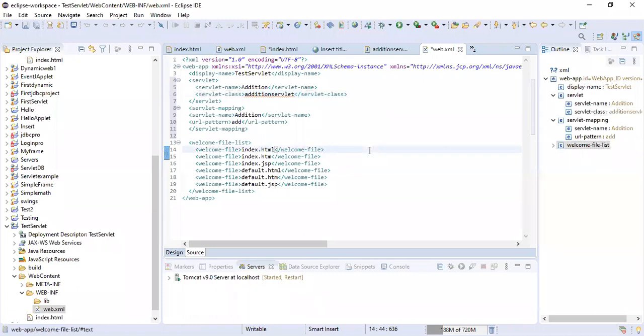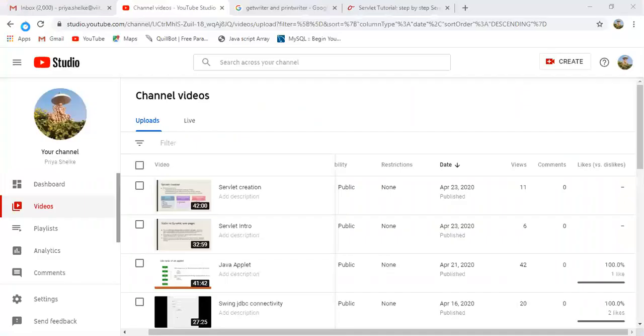I'll repeat this. Go to the web.xml file. Once you have done with the HTML file and once you have done with your servlet, now you have to configure your web.xml file. This web.xml file will contain the mappings. When you click the submit button, you want to go to add, but we have not written that add. So how to map it? How will your addition servlet be mapped to your add URL pattern?